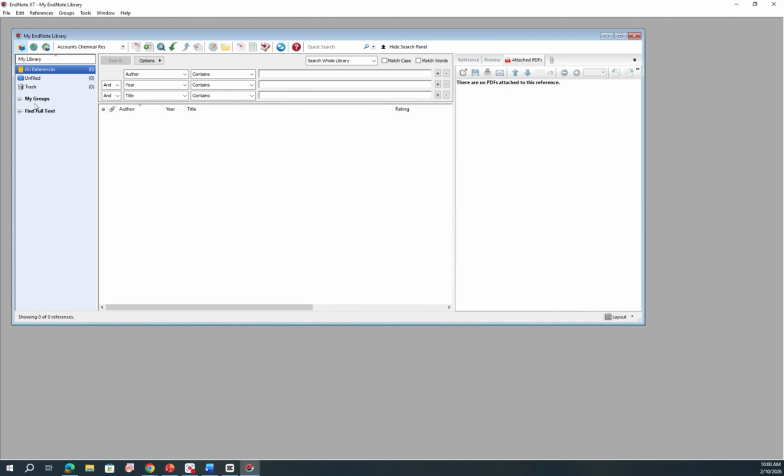So on left hand side you can right click, create a group, for example introduction. Okay, now we can create another group which could be for methods, and similarly you can create multiple groups for